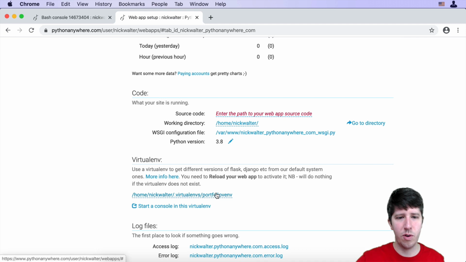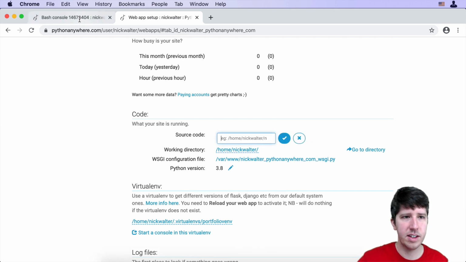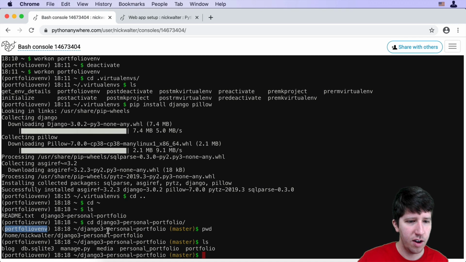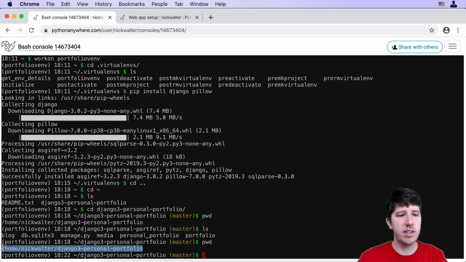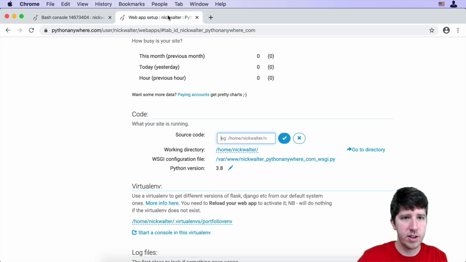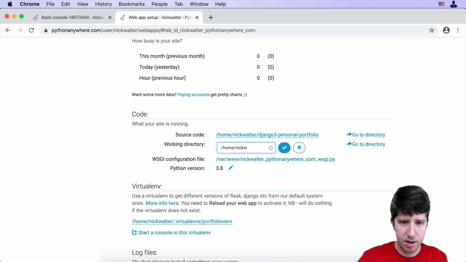Okay, so here you can see it does the full path for us to where it is. Awesome. The next step for us is we want to change where our source code and working directory is. So this is basically saying, hey, where is your code? So if we go ahead and click on this, this is where we want to copy the full path of what we had listed before. So if you do that pwd and it shows, it's going to be basically /home/ whatever name you picked, and then the name of your folder for your project. So I'm going to go ahead and just paste that there, enter it. And I'm also going to change the working directory to also be that. So go ahead and paste this in,